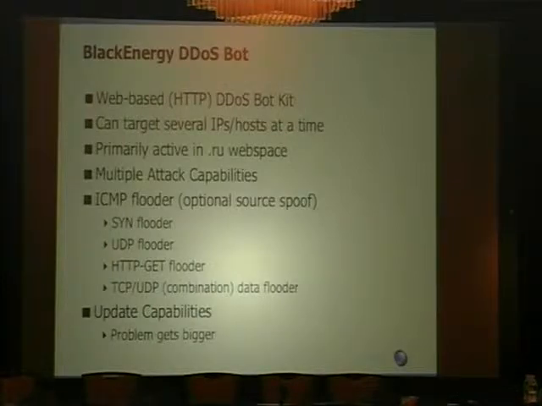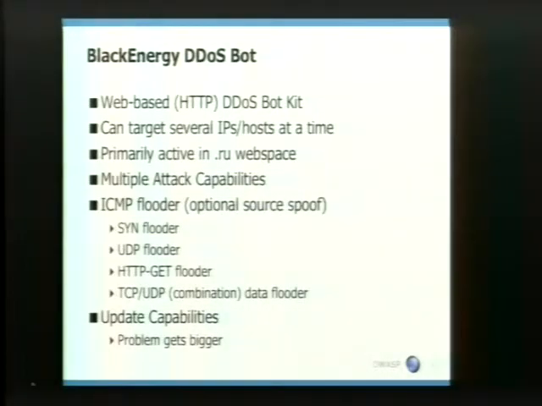So a good case study that we're going to do here is the BlackEnergy DDoS bot, and we'll actually talk a little bit about this. Some things that they attacked, and we'll talk about some flaws with it, trying to give this a nice OWASP twist. So the BlackEnergy DDoS bot, if you're not familiar with it, is a web-based HTTP bot kit, and it's designed to attack websites, or actually you can attack IPs, but a lot of the main use that people use it for is the HTTP flooding.